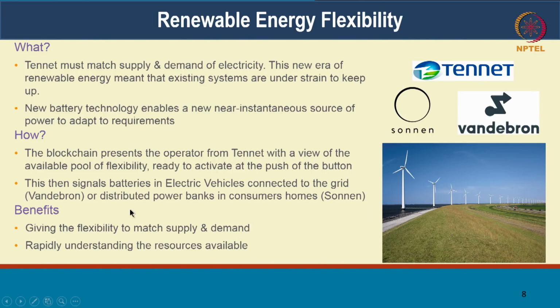And they also have a bunch of electric vehicles connected to this ecosystem. Then, for these electric vehicles, you can determine when to charge them based on maybe whenever there is excess supply. So this whole flexibility of matching supply and demand on an almost real-time basis on blockchain is what this company is trying to do. Again, they are looking at cost benefits and real-time visibility into supply and demand as their core use case.